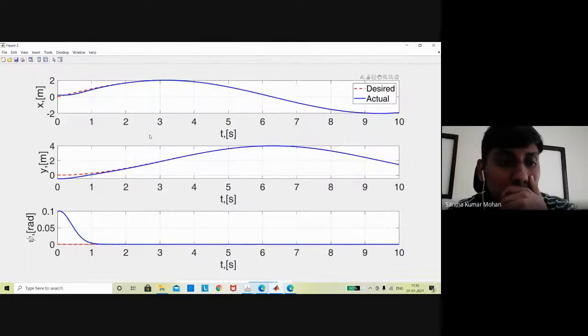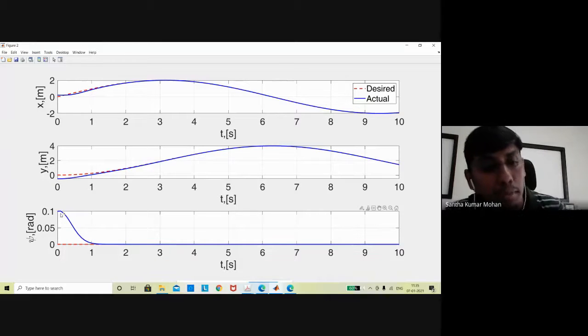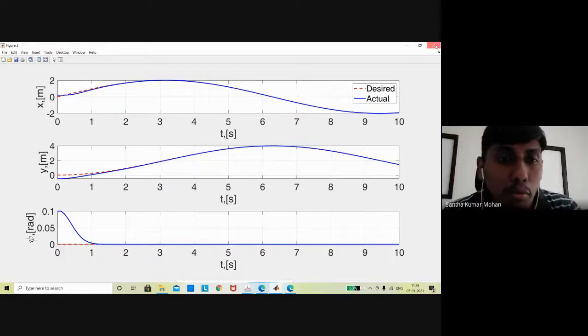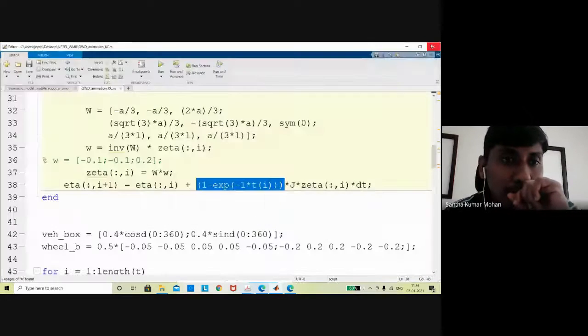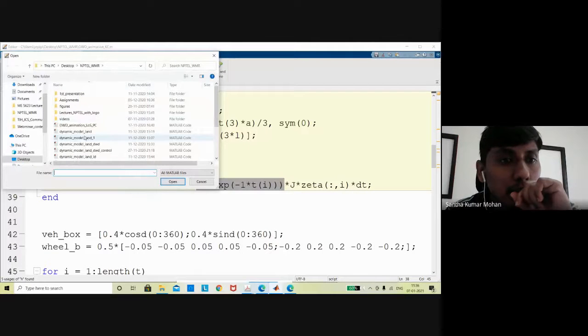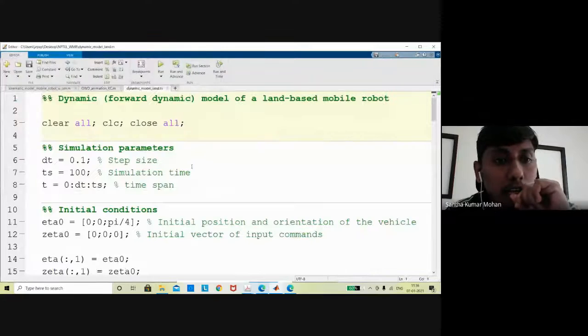This is the state, you can see 0.1 radian is the initial point, but we assume that it's supposed to be 0 orientation. It has converged in finite time because it is simple first order dynamics, right? So you will converge it. That is what we are discussing. And I want to talk about dynamics.